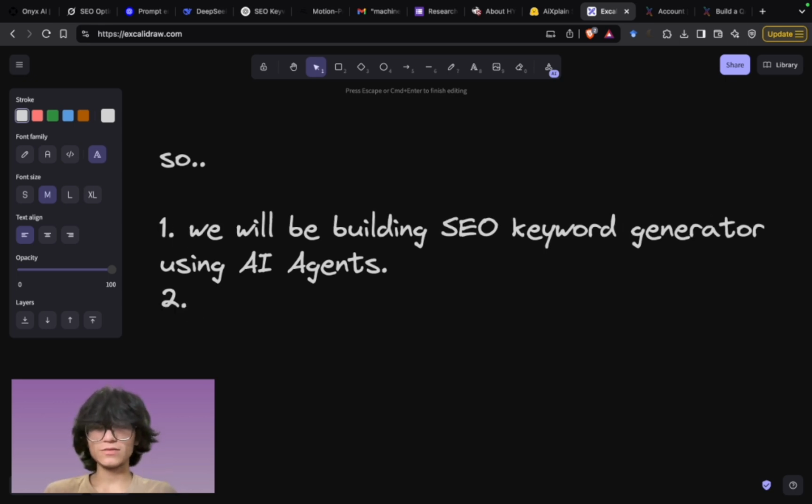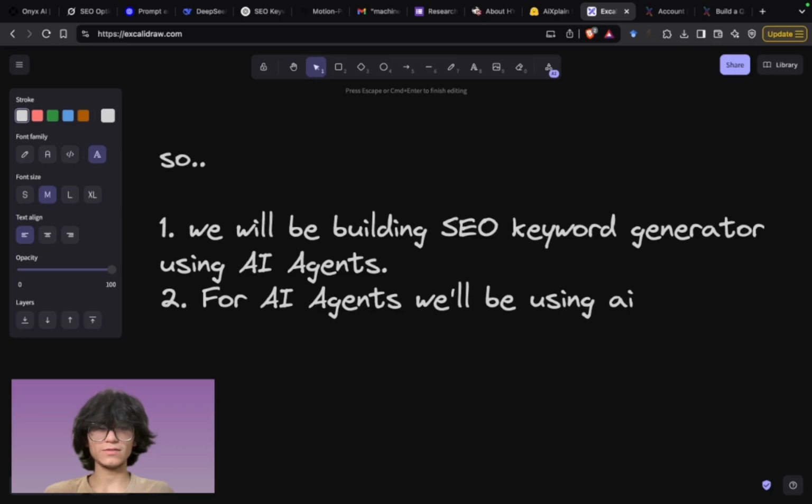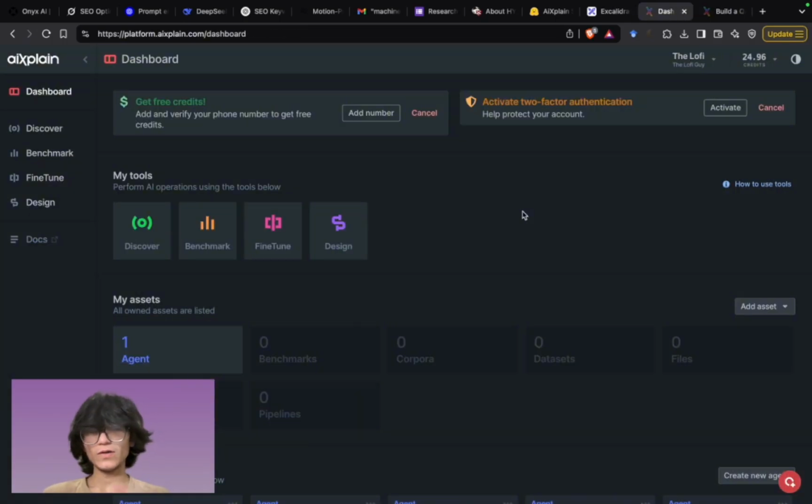For AI agents, we will be using aiXplain.com. So aiXplain is kind of a platform where you can build, benchmark, fine-tune, design, and discover different models very easy